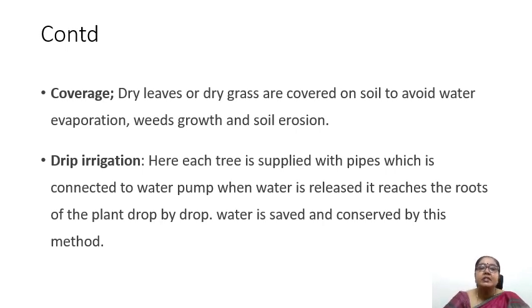And we also see drip irrigation. As we all know, drip irrigation is wherein you supply water to the plant by connecting it through pipes and the water pump. So it's reaching the roots, wherein you provide water drop by drop. So here, one, we are conserving majorly on water. You save a lot of water, helping the plant to get water supply, at the same time, even as the plant is growing.